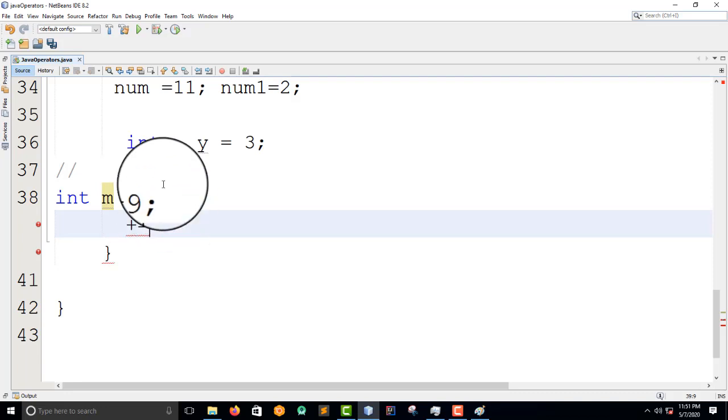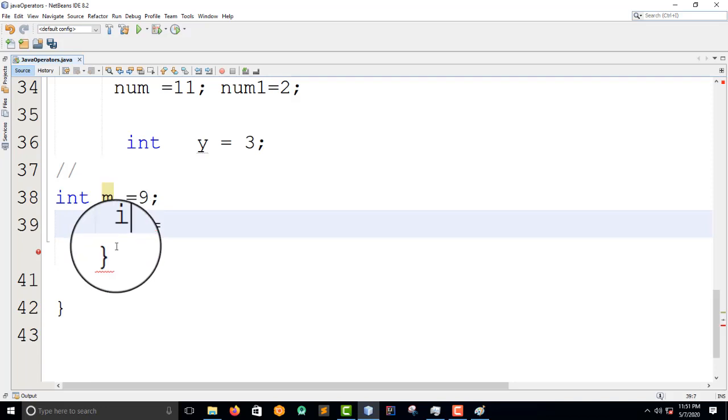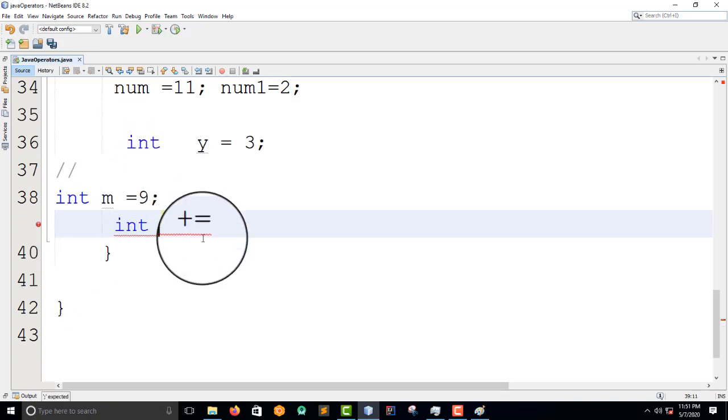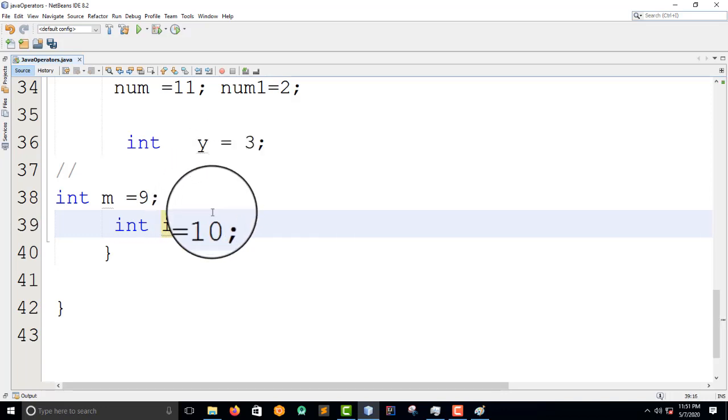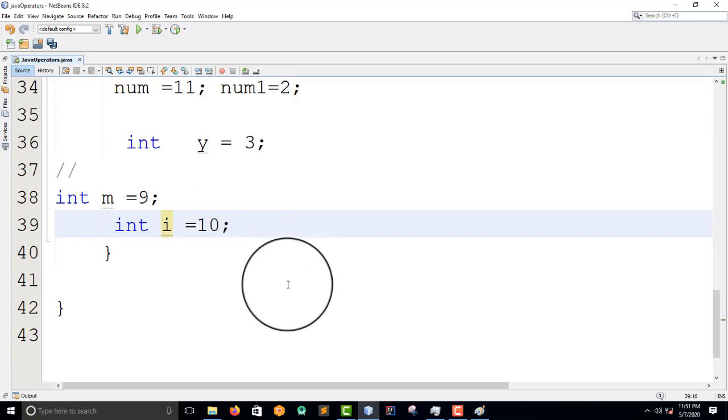So I'm going to declare an integer, and let me call it i, and then assign it, let me say 10, right? So if I run this, then you know that I've assigned this value to a variable i, and this is the assignment, right? So I'm going to show you the list of assignment operators.